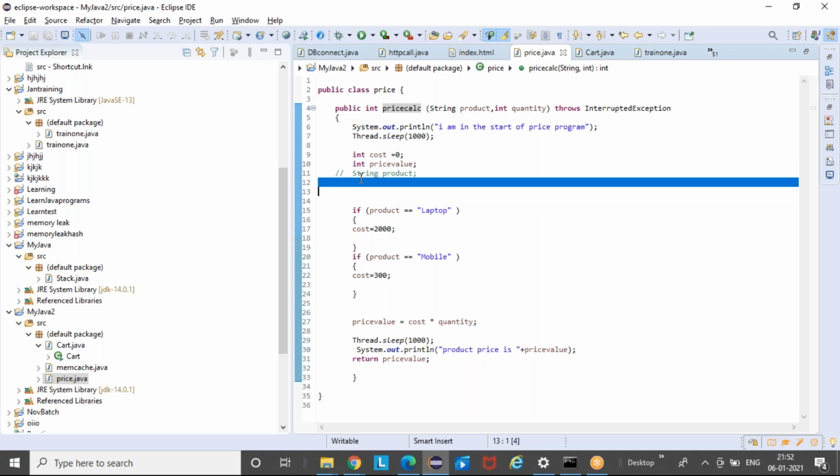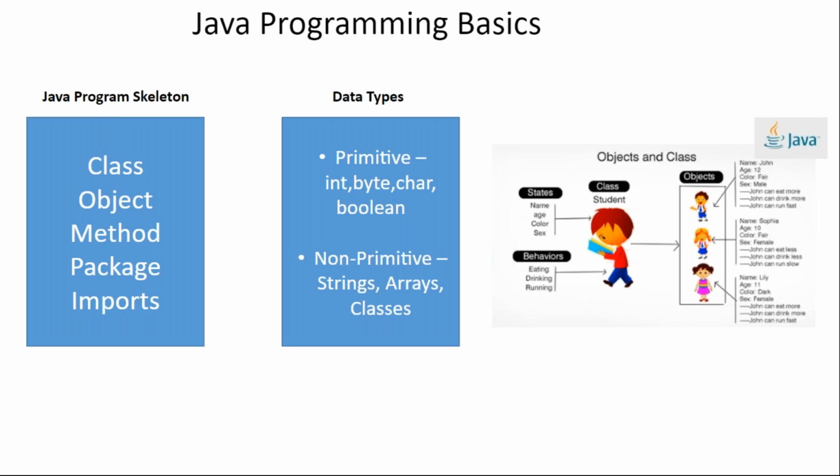And whenever you call this class file from the UI, when you say I need to know my price for my cart, for my Samsung mobile for 10 quantity, then your server or JVM will create an instance of that object, and then it will substitute those data of quantity equal to 10, the product equal to mobile, do the calculation for the price, and then it will provide you the output.